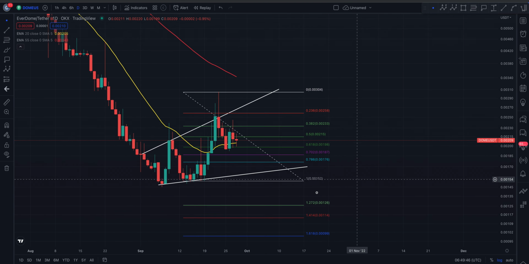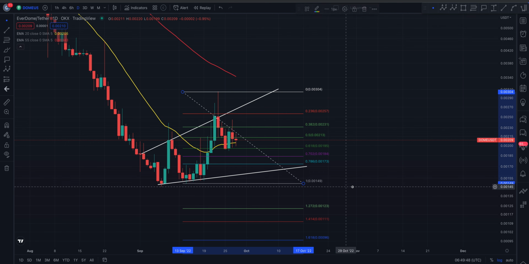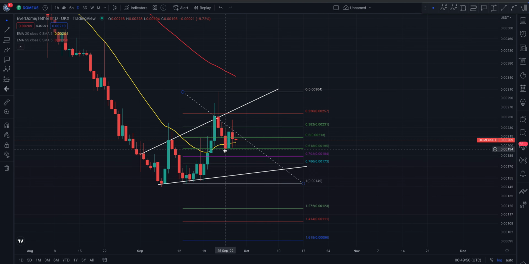right now Dome has basically been sitting on the 0.618. It bounced back up to the 0.382, and right now it's looking to come back down and retest the 0.618 here at 0.00195. If we start to lose this close and this 0.618 fib here, within this retracement, what I think,